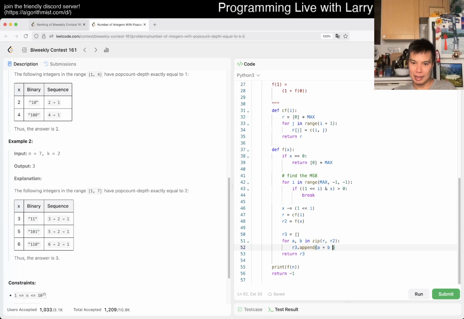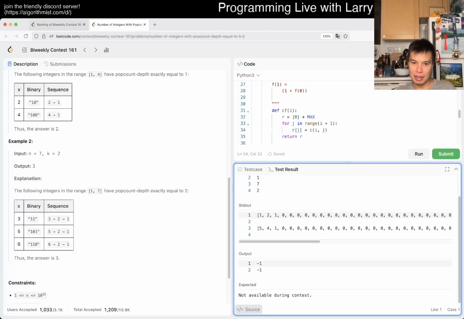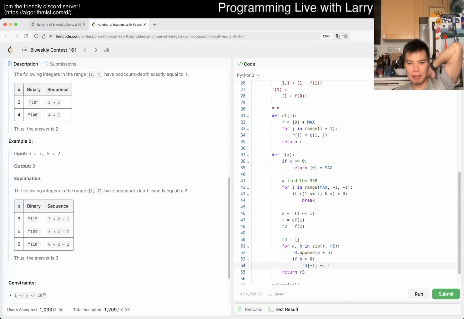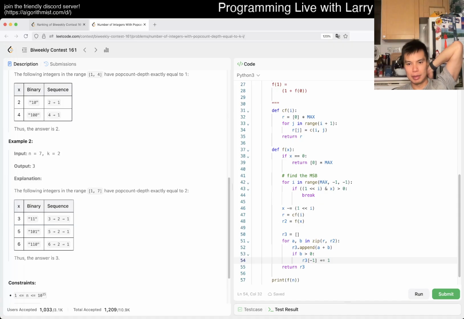Maybe something like, yeah, if b is greater than 0, or do we 1, or something like that. Okay, so then now you have 3 and 5, which is still not right. I feel like the idea is right, but I'm mixing something up. If b is 0, if b is greater than 0,